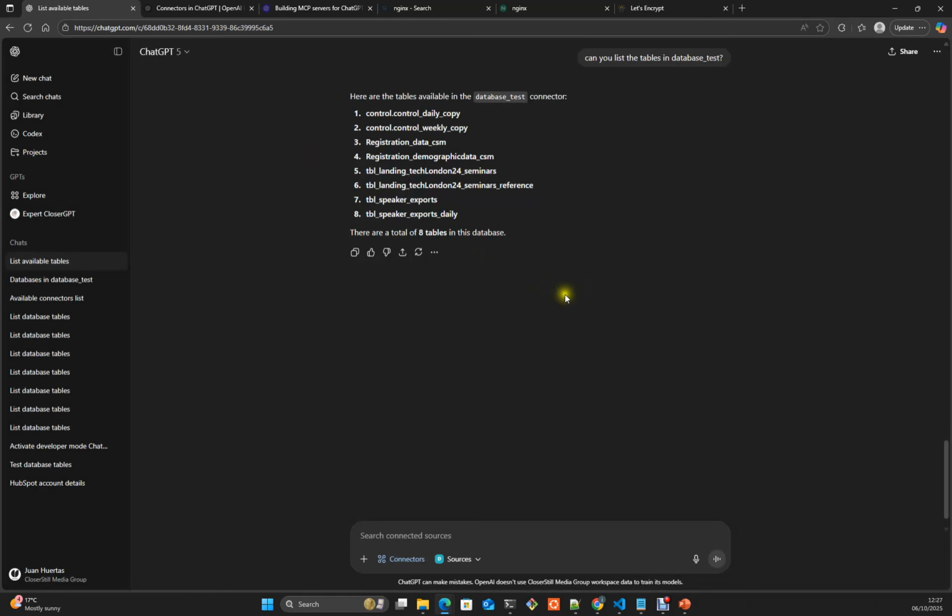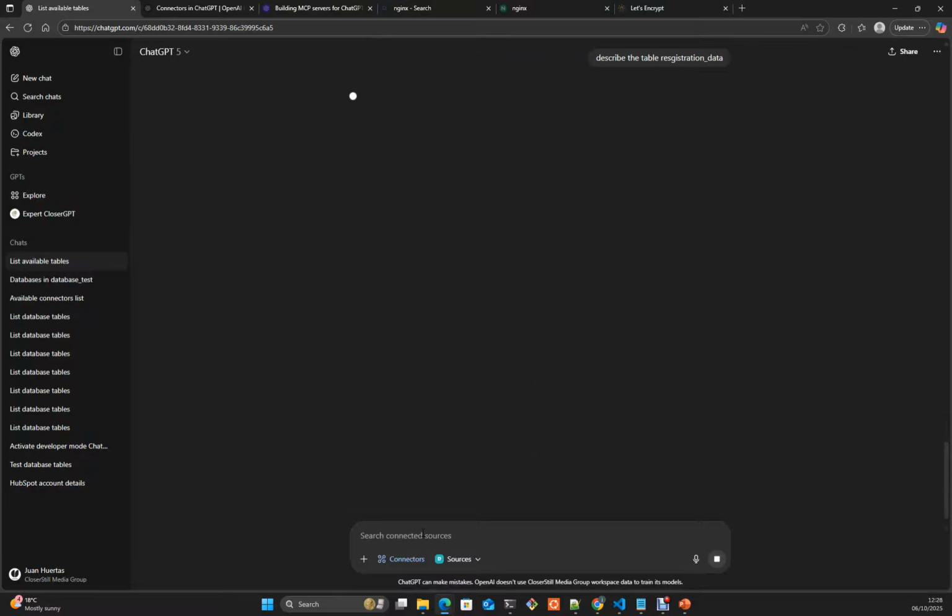Instead, once you have this done, you can see here that you don't see the developer mode. You only see connectors, and in connectors, you can check which connector you want to set up and use for that connection. And then you can ask it: describe the table, describe the table registration data, and then it will